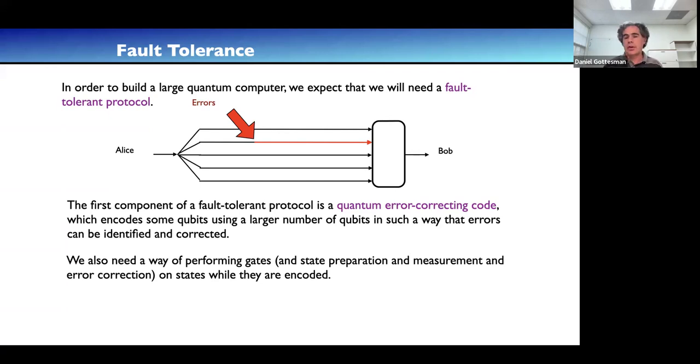So the problem is that that's not good enough for computation, right? Because I assumed that Alice has a perfect quantum computer and that Bob has a perfect quantum computer, and we know that they don't. So what happens if the error correction procedures have errors in them? And moreover, we need to be able to perform gates on the logical qubits stored in this error-correcting code, while not losing that protection against errors at any point during the computation.